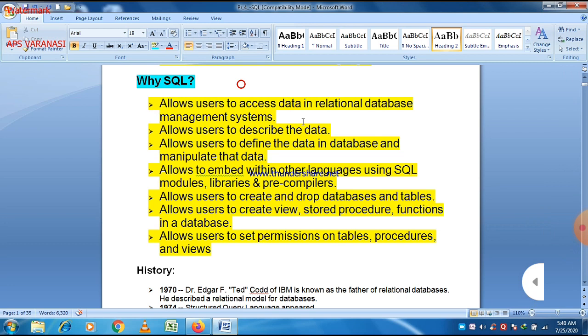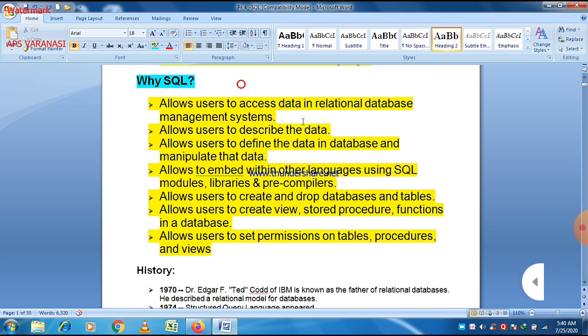Data definition language is related to the structure of a database, and data manipulation language contains all those commands which are used to manipulate the data in a database. Third is data control language. As the name suggests, these are the commands which are useful to control the data.